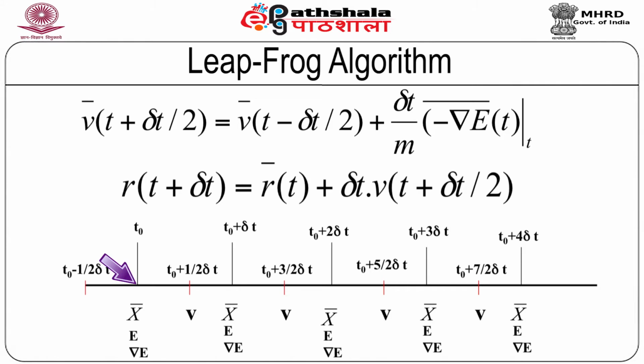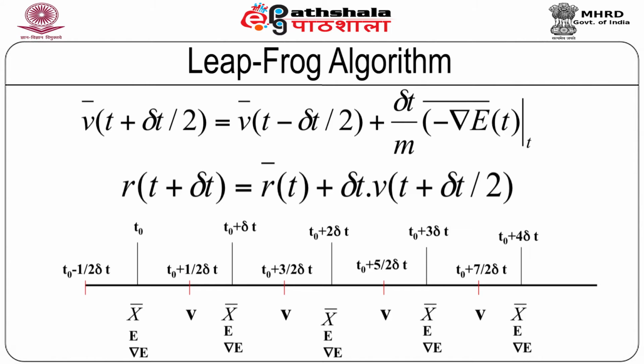At this point we take the position, and if we have the position at t0, then we have the energy gradient. Using this energy gradient, we predict the velocity at this point. Using this velocity and the position at this point, we predict the position at the next point. If we know the position, we know the energy gradient again. Using this energy gradient, we then predict the velocity at this point,